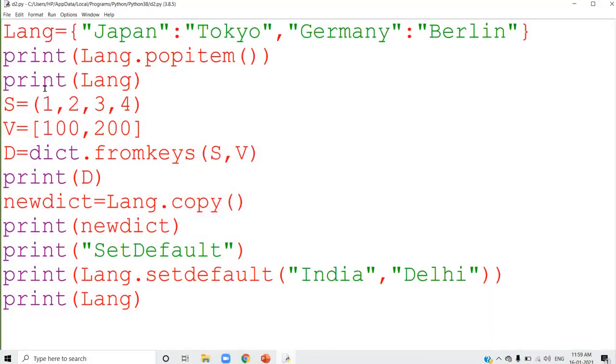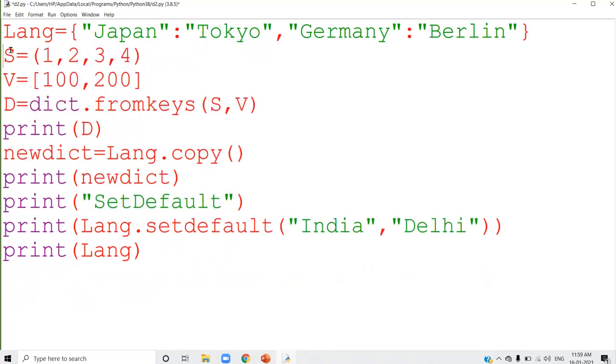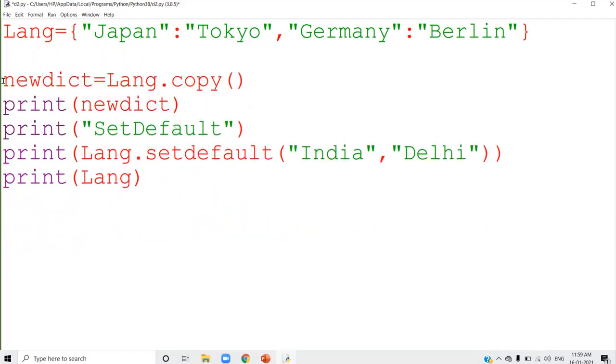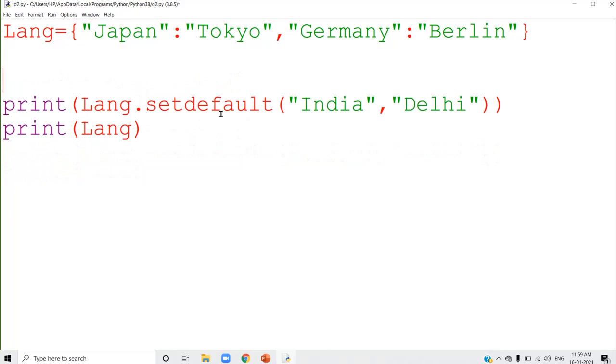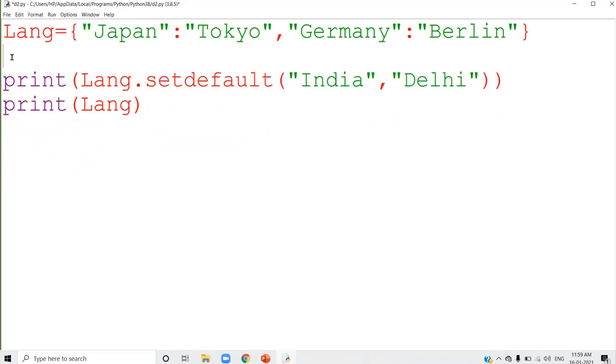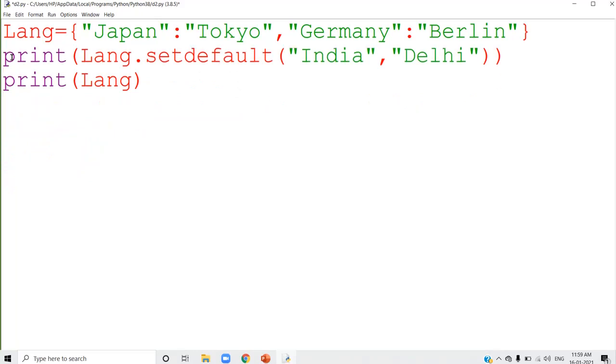See that I am not using the pop item here. I am just removing everything. Now this is the present Lang dictionary. Now go through that example.